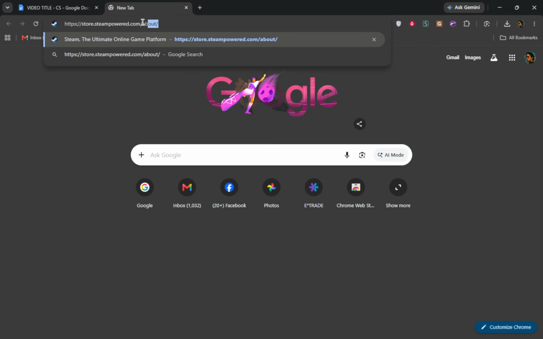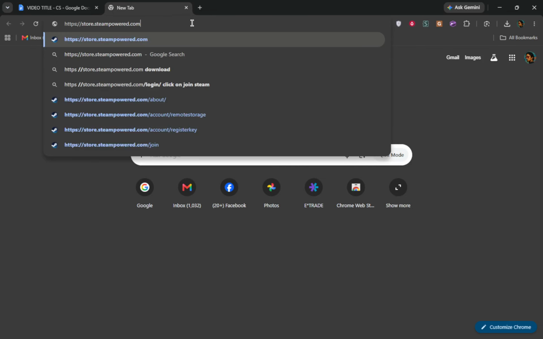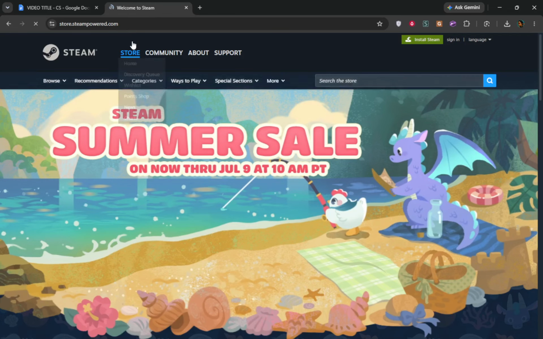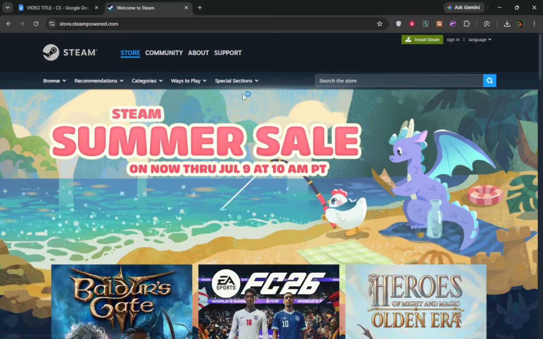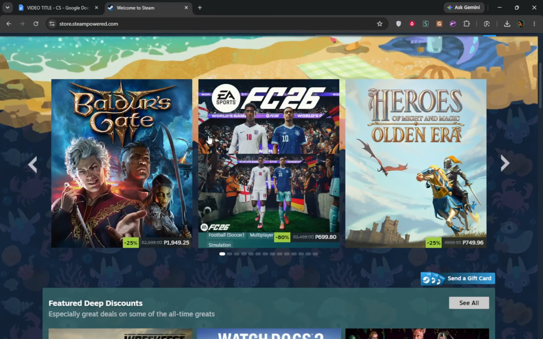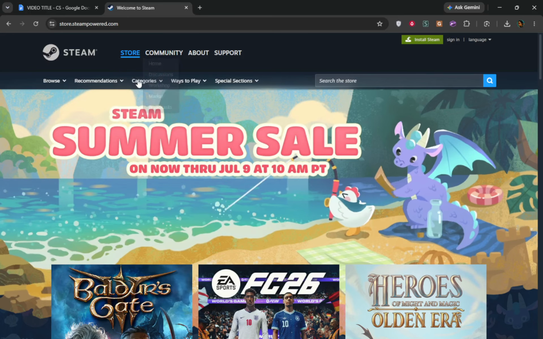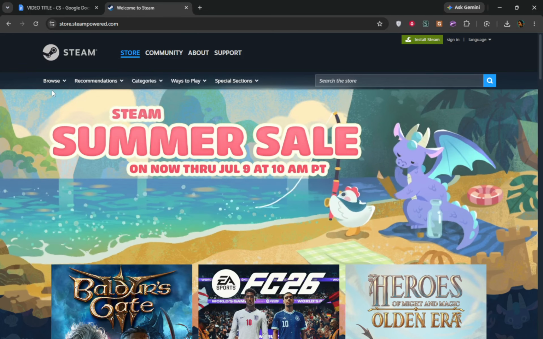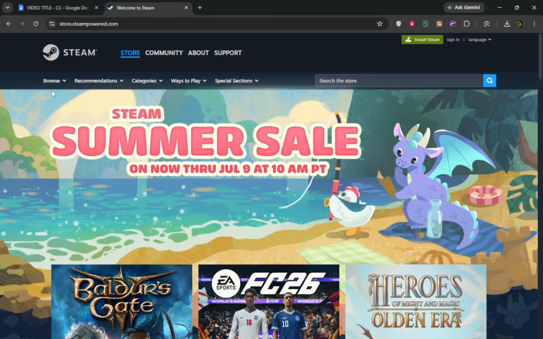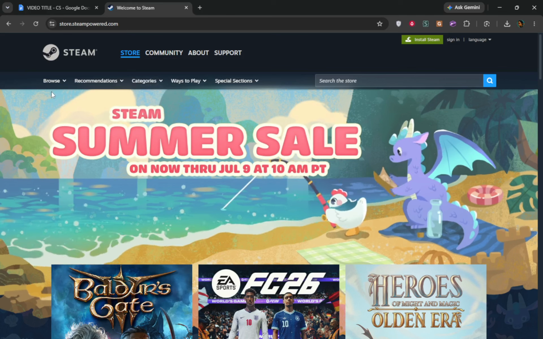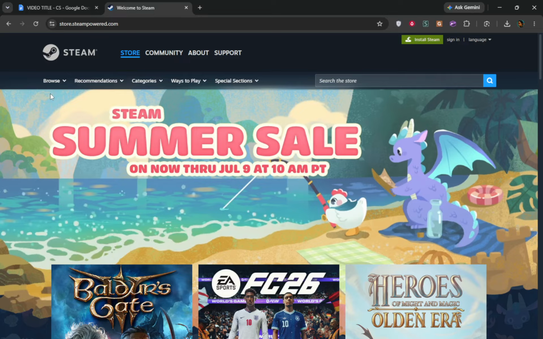Next, go to the Steam website. You can do this by typing in the address steam.com in the address bar and hitting enter. The website will load, presenting you with various options related to Steam. This is important because you need to download the official version of Steam to ensure your system's security and get the best experience. You will see a clean interface with information about games and features, which can be quite exciting.